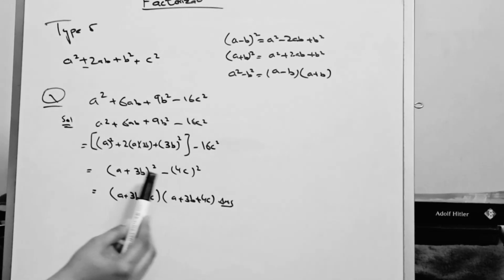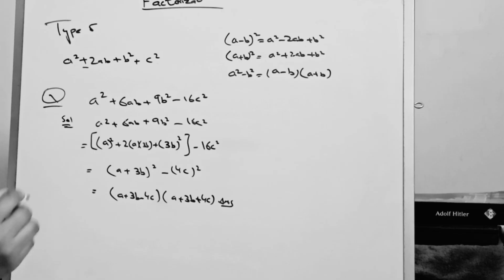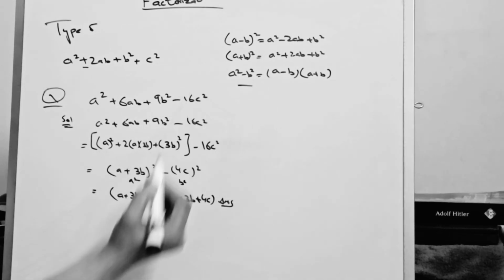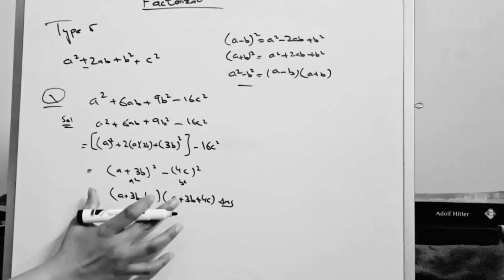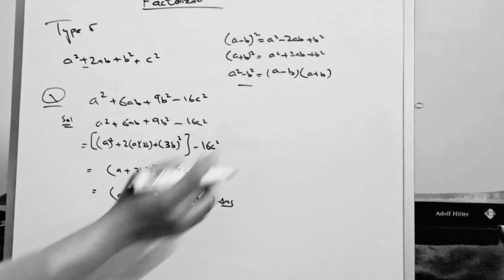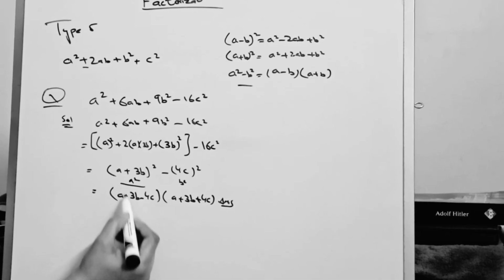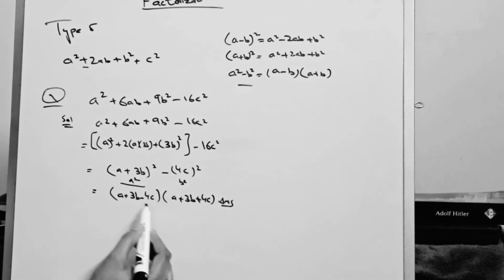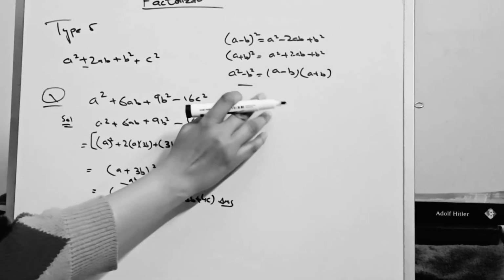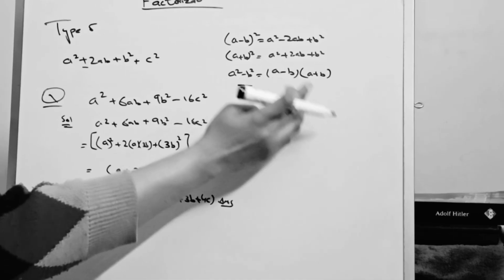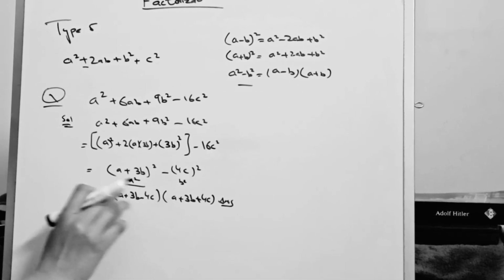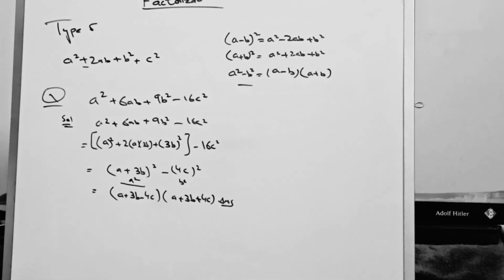Now it becomes a square minus b square. Just absorb the formula. This becomes a square, and this becomes b square, according to this formula. So apply the formula on it. It will open according to the right hand side. What is a? If this is the first term, a plus 3b minus b. What is b here? 4c. Next, a plus 3b plus 4c. I am just opening according to this formula, (a minus b) into (a plus b). What is a here? First term, a plus 3b minus 4c. Now again, a plus 3b plus 4c. Answer.